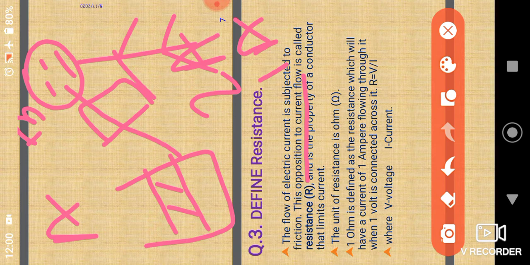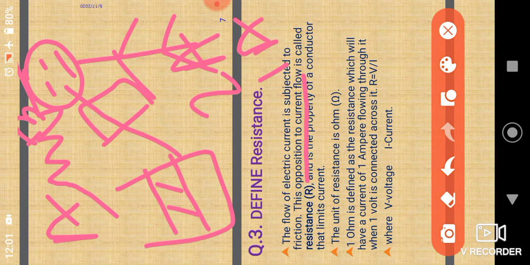Another example, suppose you are in your home and you are climbing the stair. What is the structure of a stair? सीढ़ी का like this. So in that, आप जैसे समतल जमीन पे जितना तेजी से दौड़ सकते हैं, उतना तेजी से आप सीढ़ी पे नहीं चढ़ सकते हो. तो that stair is called resistance.